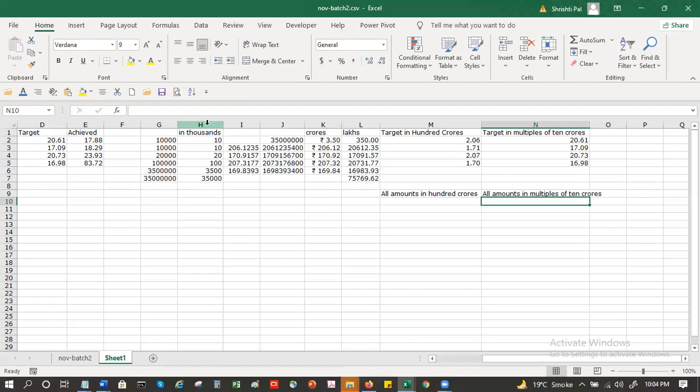So 3 crores, the unit is big and the number is small. But when I say lakh is less than crore, then the number goes up. So 100 lakhs, 100 into 3.5, 350. 100 lakhs make 1 crore. Yes. This is cleared.